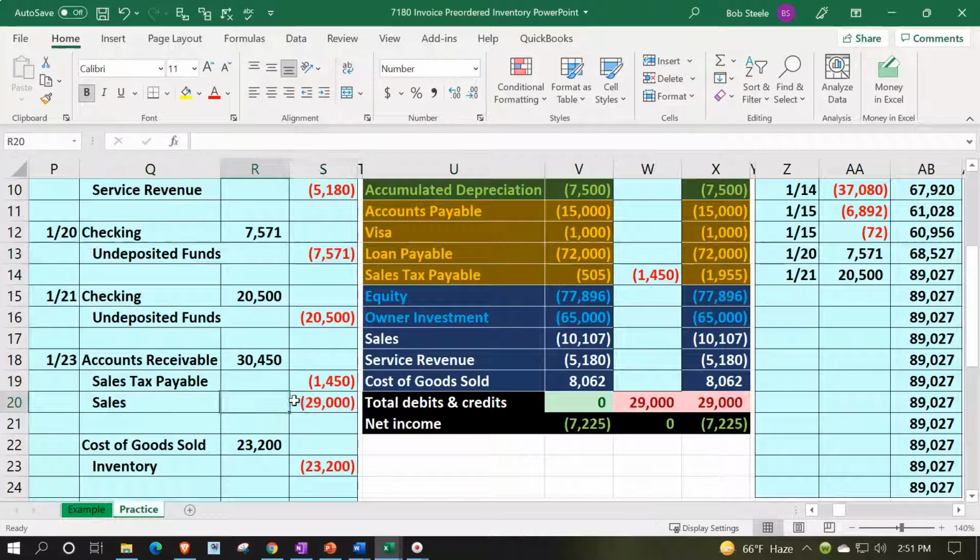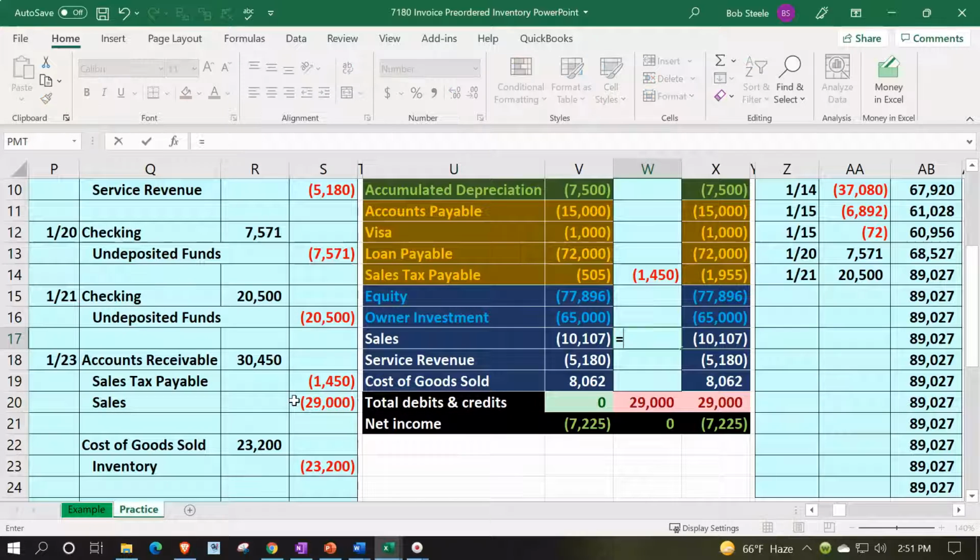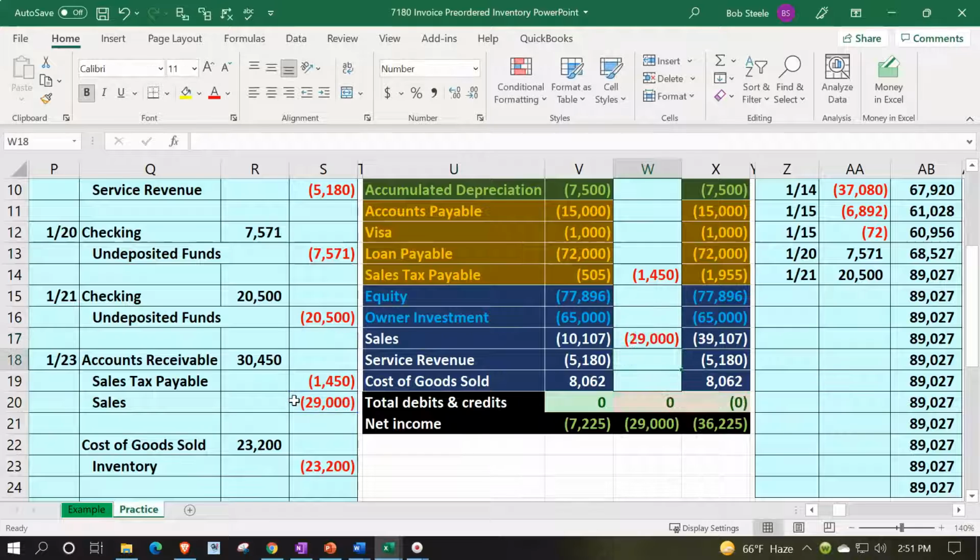Then the sales down here on the income side of things is going to be in the sales side, increasing in the credit direction by the 29,000, bringing it up to the 39,107, increase in the net income, because these are not a negative number in the sense of a negative or loss, but a credit, to the 36,222 down here. And then we'll also record the cost of goods sold, which is going to be the expense side of things. So the expense of us consuming the inventory, bringing then the net change to the 5,800, and then the inventory